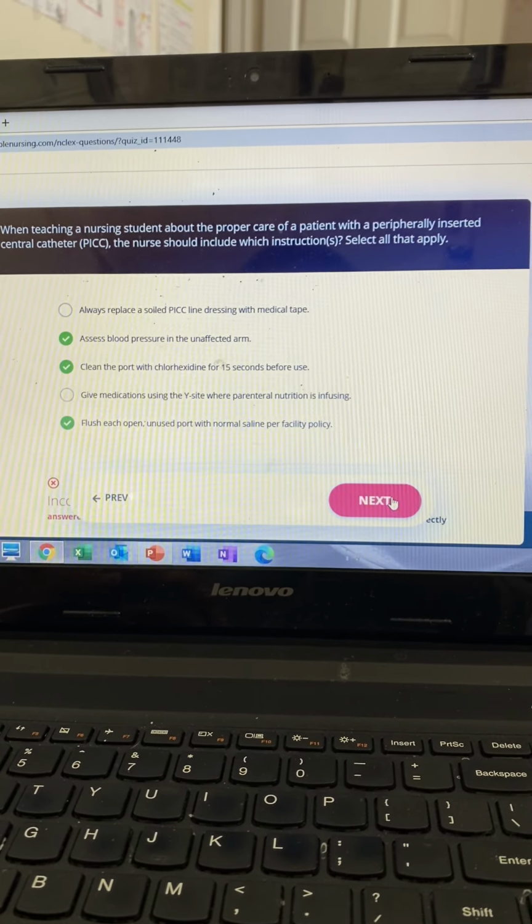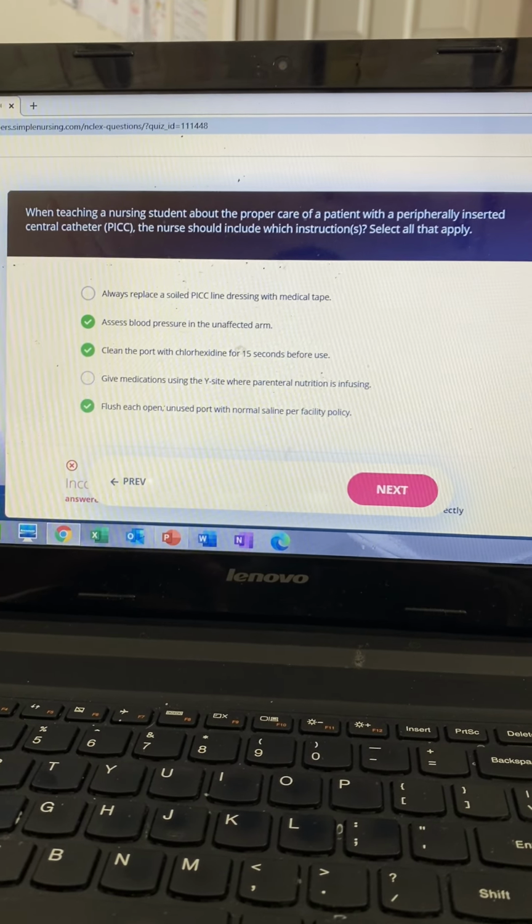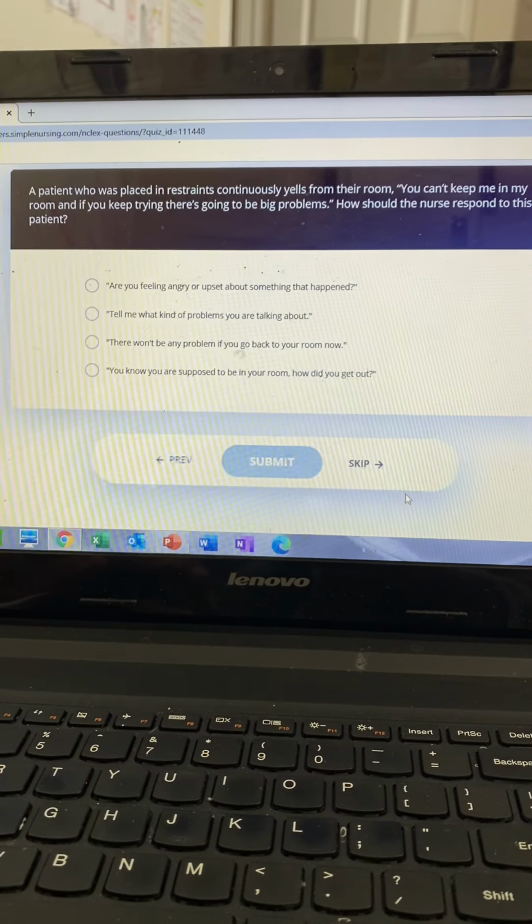And option number 5 is correct here. You want to flush unused lines to assess the patency, just basically meaning that the PICC line is working. Okay, that wraps it up. For more details and